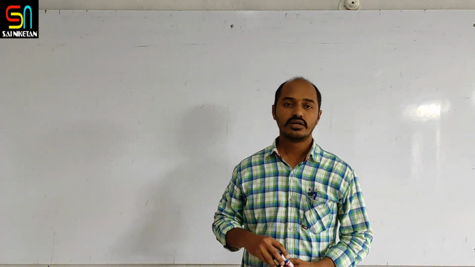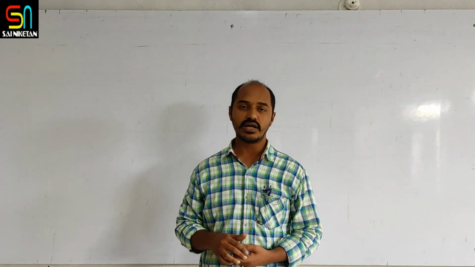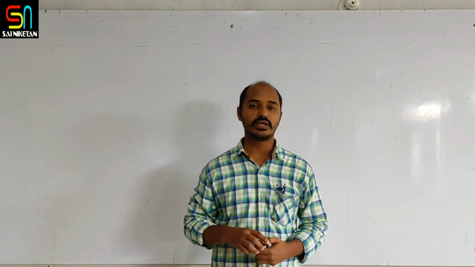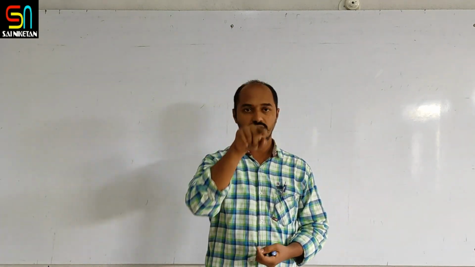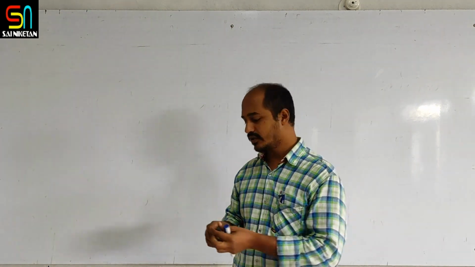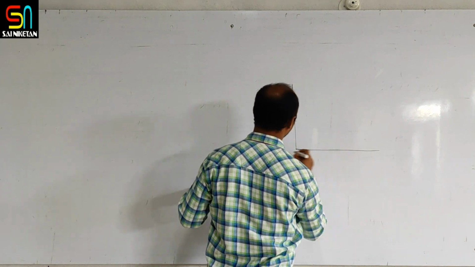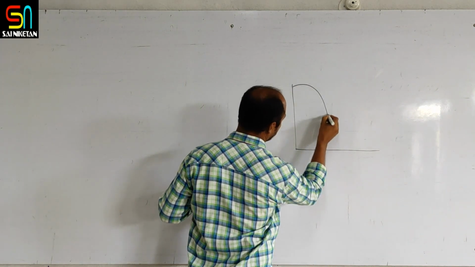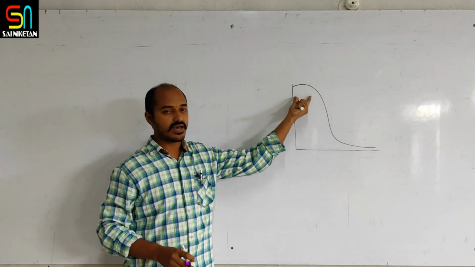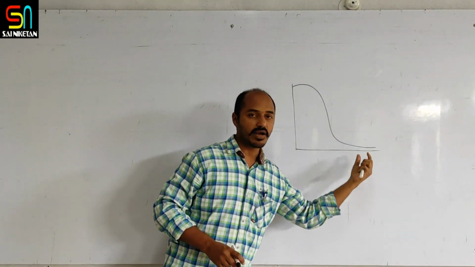We have studied the amplifier as a switch, and there we plotted the curve where we took input voltage and output voltage along the axes, and we got a graph something like this. Hope you remember that. We got a curve like this, and here we have categorized the parts of the curve.